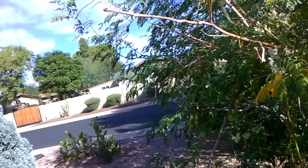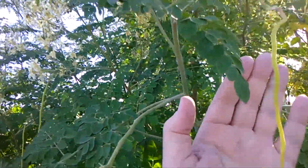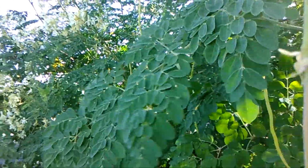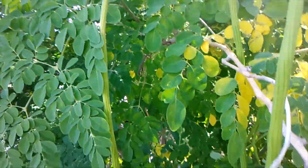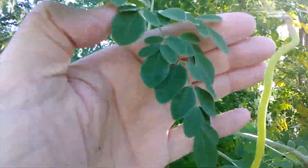And of course, these moringas in the front, especially these in the front. They're flowering like a son of a gun. Now, if you were steaming moringa, you could eat this. It's like a little asparagus. And then maybe this thick. But as they get thicker, then they become like celery with incredibly tough veins. Then it's just totally impossible. But if you can find them when they're this thin,